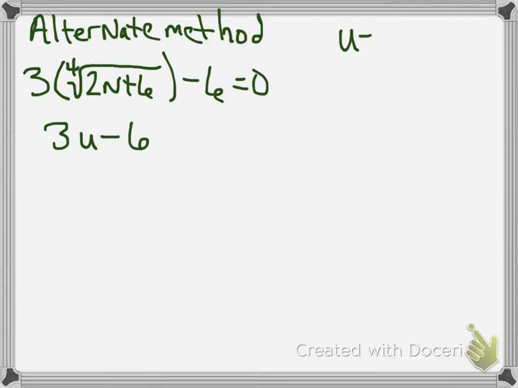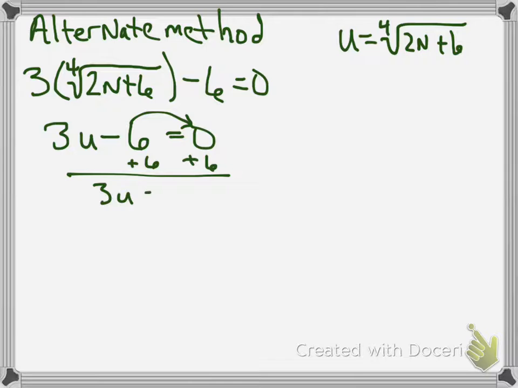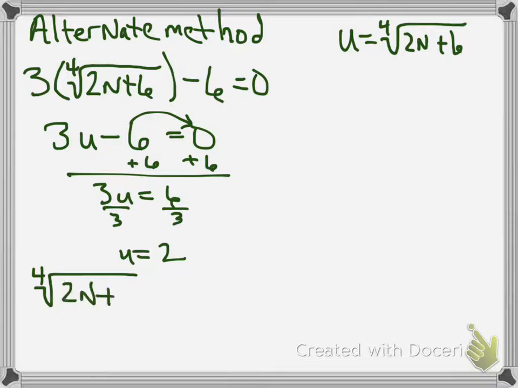So I'm saying u, and u is equal to the fourth root of 2n plus 6. So now if you look at this, it looks just like a normal two-step equation that you've done before, where you would add 6 and then divide by 3. So you add 6 and divide by 3 and you get u is equal to 2. Okay, now that you got u by itself, you go ahead and put back the fourth root of 2n plus 6